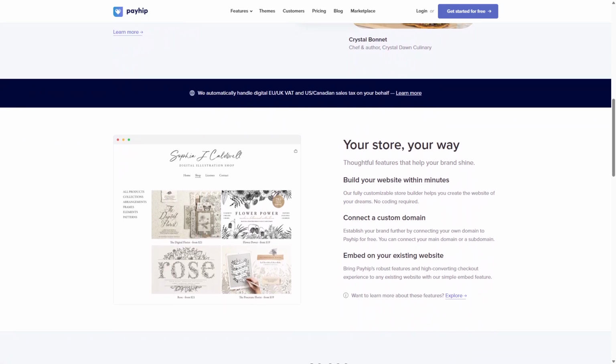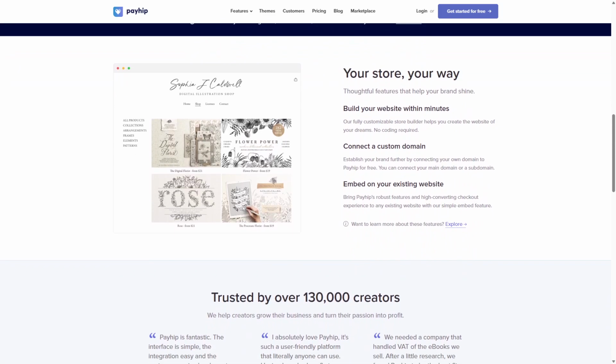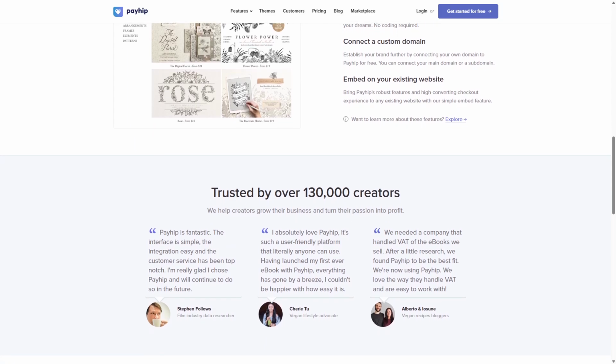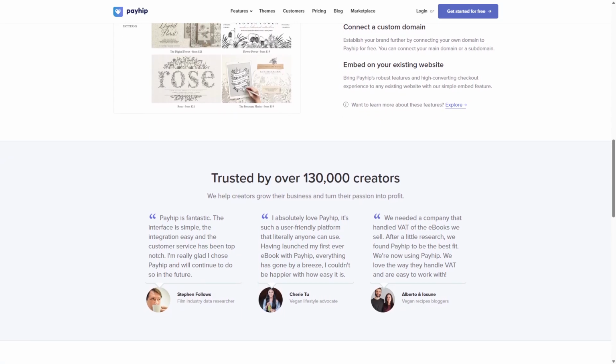Payhip is ideal for creators who want a fast, low-maintenance way to start selling without technical hassles or managing multiple tools. It suits authors, educators, and small digital product sellers looking for a clean, reliable platform that handles payments and